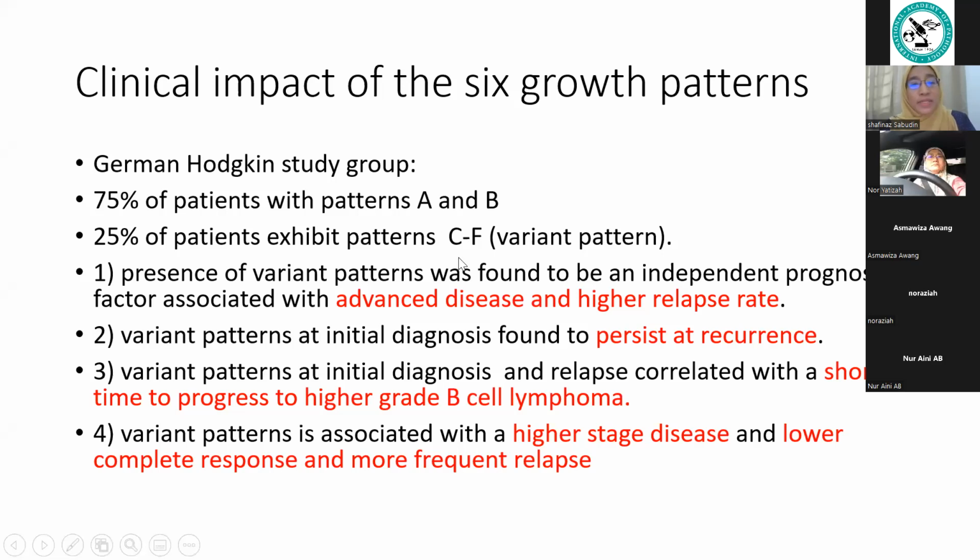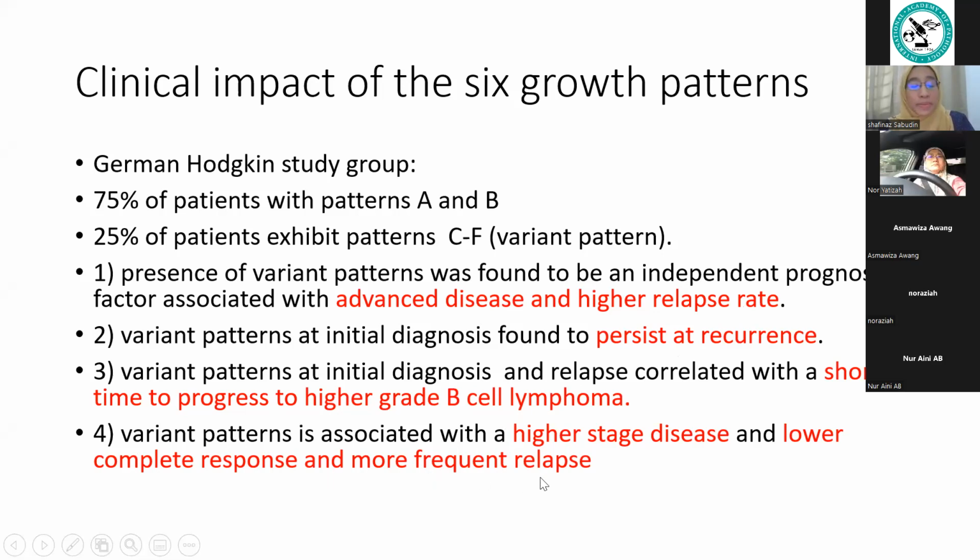So what they found out is that the variant pattern is associated with advanced disease and a higher relapse rate. It is also found to have persistent disease at recurrence, and it is correlated with a shorter time to progression to higher grade B-cell lymphoma. Usually they present with higher stage disease, have a lower complete response, and have more frequent